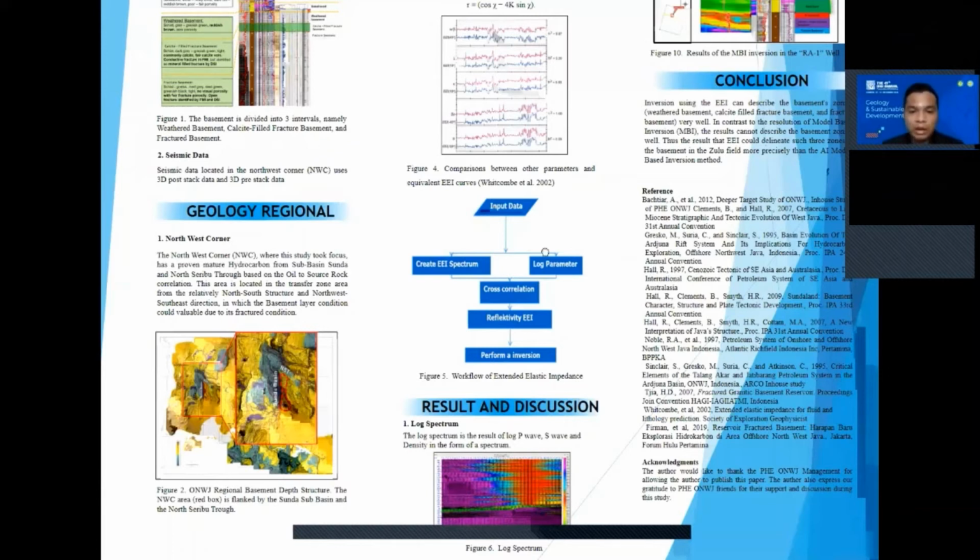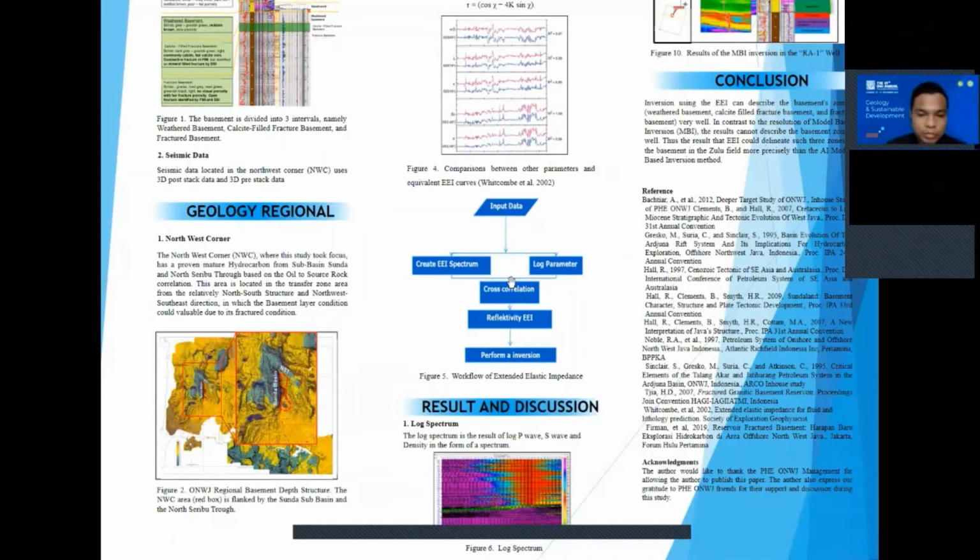Then we generate the log spectrum, or extended elastic impedance spectrum, that is P wave, S wave, and density in the form of a spectrum. We prepare the log parameter, and then make a cross correlation between them. The cross correlation between the spectrum and the log parameter will produce the